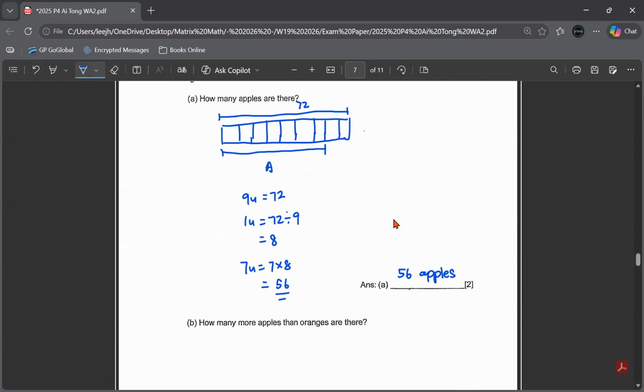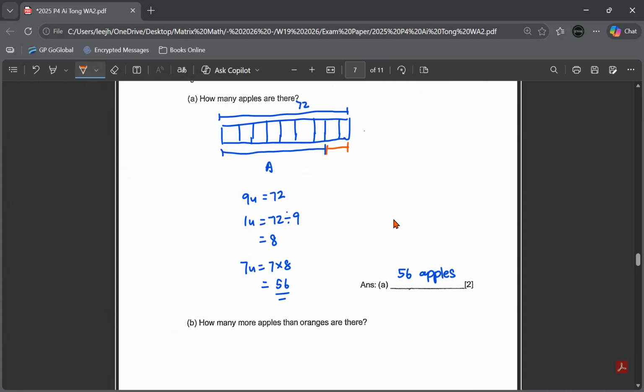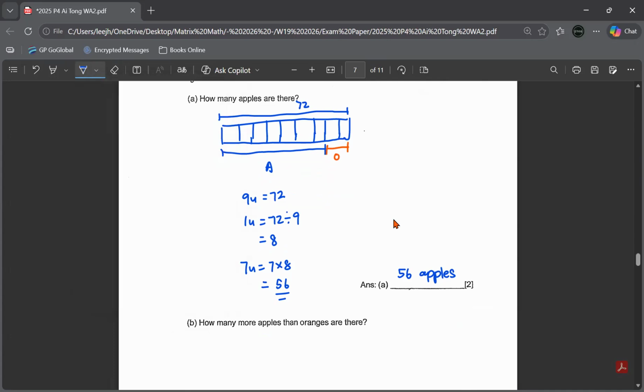So we know that if these are apples, definitely whatever is left not labeled will be oranges. If you look at the difference between the number of apples and number of oranges in units, it is actually a difference of 7 minus 2. 7 units minus 2 units equals 5 units. So how many more apples than oranges are there? Apples got 7 units. I write again. Oranges 2 units. How many more? Looking at difference, that's why I take 7u minus 2u. The difference in units between apples and